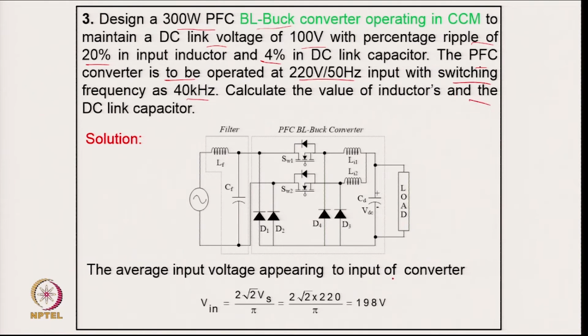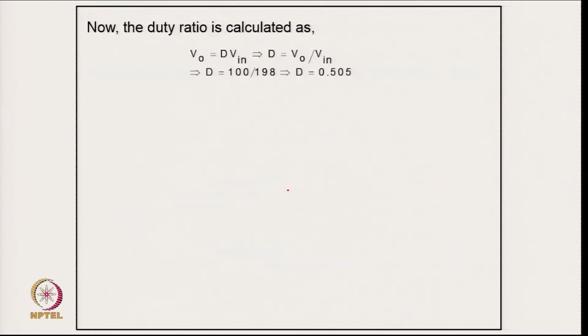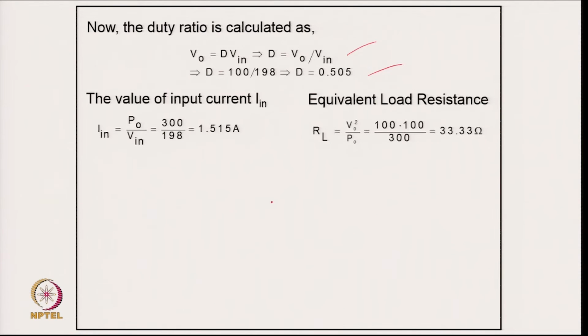So, this is what we call the bridgeless version, we discussed already earlier. So, here of course, this inductor current should be continuous. So, this is the average voltage which is applied here across the converter, and from the input and output voltage we can find out the duty cycle, and from this we get the equivalent input current and then the equivalent output load resistance from power and output voltage, and